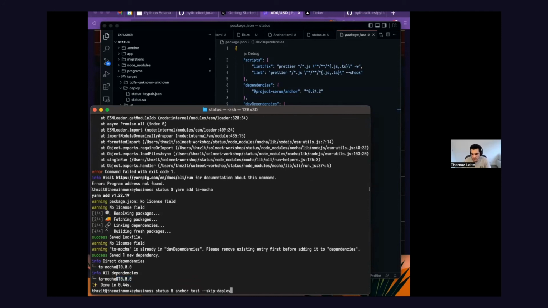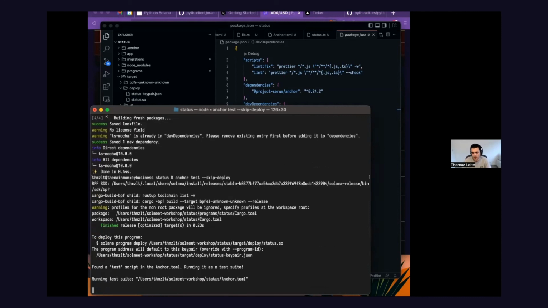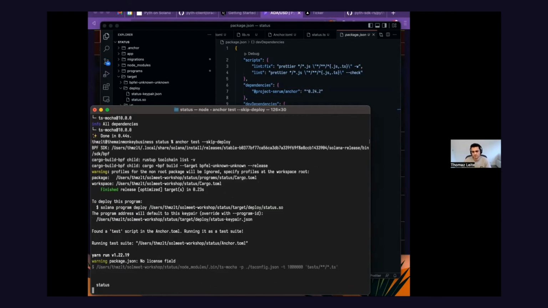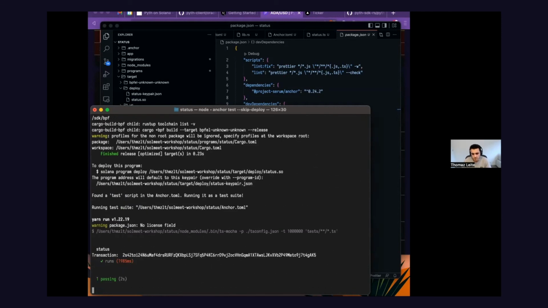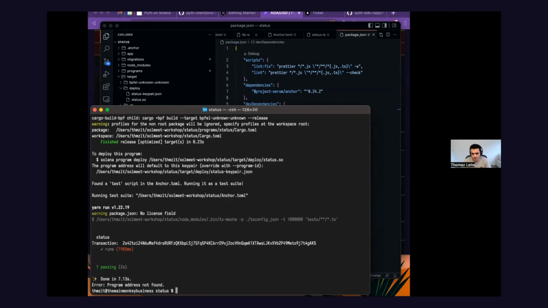So now let's go back and quit test, skip deploy, run it again. All right, seems like it's working. It shows an error down here, like program address not found. I think this has to do with the fact that we're using a test file to not run a test, but you see that